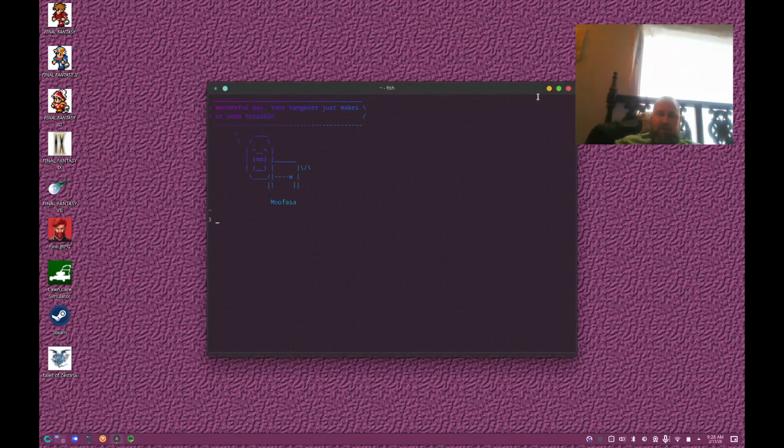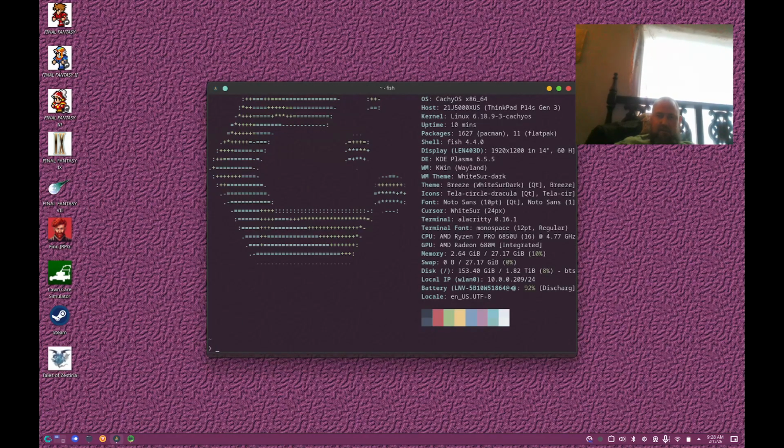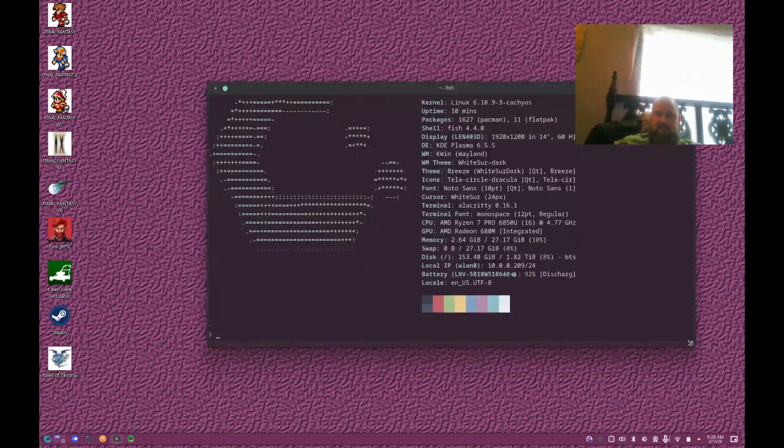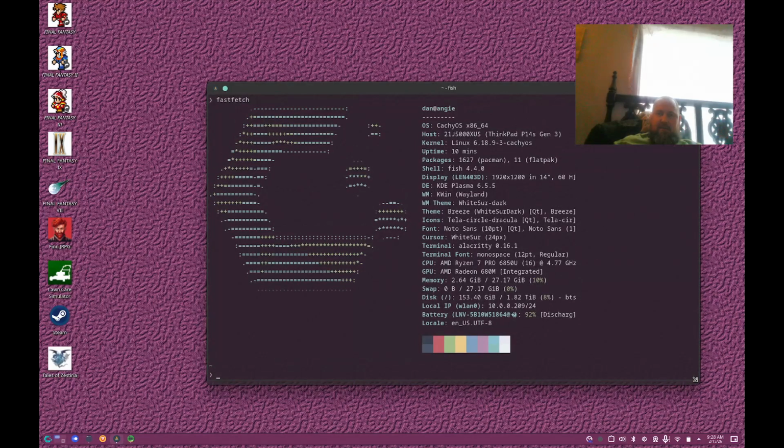Opening up a terminal here, I can just do fastfetch, which is what comes with it. And I could just stretch this out so you can see the, there you go. And you can see all this on here too. But anyway,